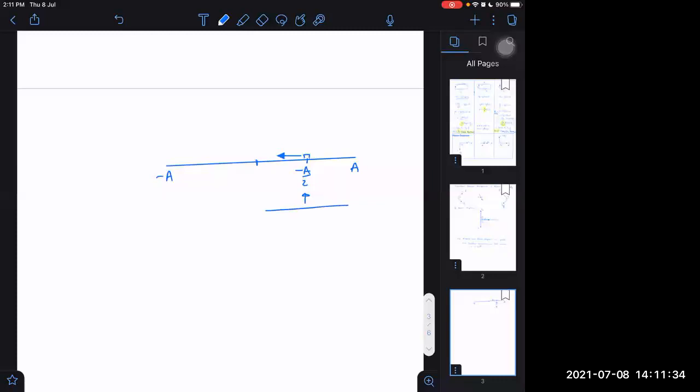I think I told you, I will revise it again. This is the direction in which phase increases. This is phase equal to 0. Phase equal to pi by 2. That is a by 2? Sorry, plus a by 2, correct. And the direction is towards the origin, towards the mean position. So what would it be?